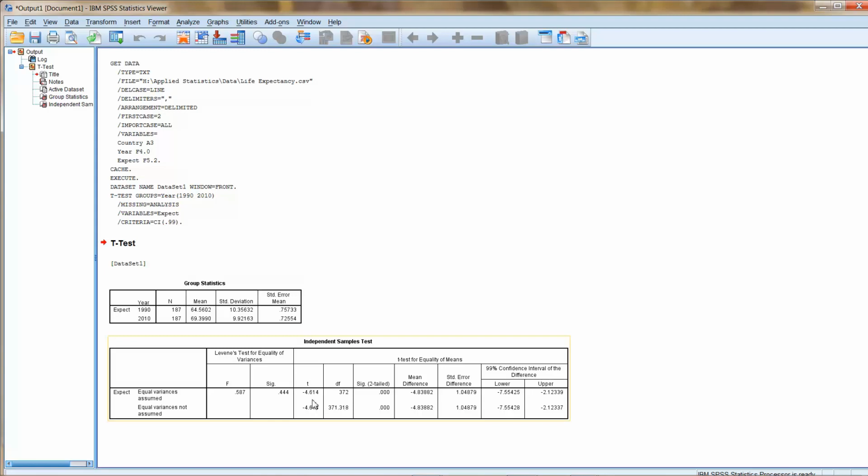The t value, minus 4.61, is comparing 1990 to 2010. Degrees of freedom that we found, 372. We are significant, that p is less than .001. The mean difference, 4.84, like we found. Standard error of the difference, 1.05, just as we found using Excel. And our confidence interval at 99%, 2.12 through 7.55. So you can see that SPSS did everything that we did by hand, and it did it